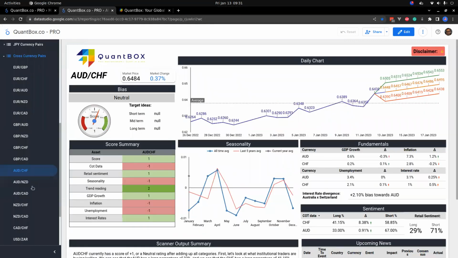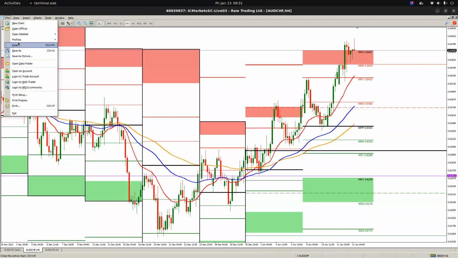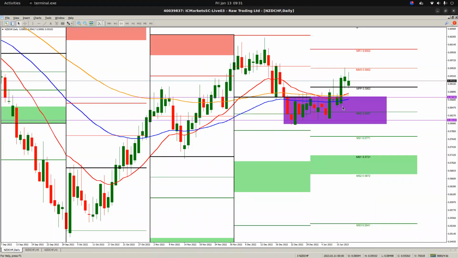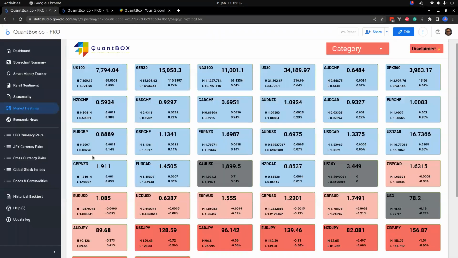Kiwi Swissy, bias is currently bullish. Can I continue trading in the bullish direction? Let's take a look. From a daily perspective, price broke out of this range. Price has not returned back to the top of the range. Well, in that case, I'm going to leave this alone, right? I'm looking for opportunities that aren't just like gambling, like maybe this works. I'm looking for opportunities that are nice setups. If you've watched my previous videos, you've seen when we've taken trades that have been very, very nice setups, very straightforward trades where there's been no ambiguity, right? I'm looking for something that makes sense. So looking at this over here,